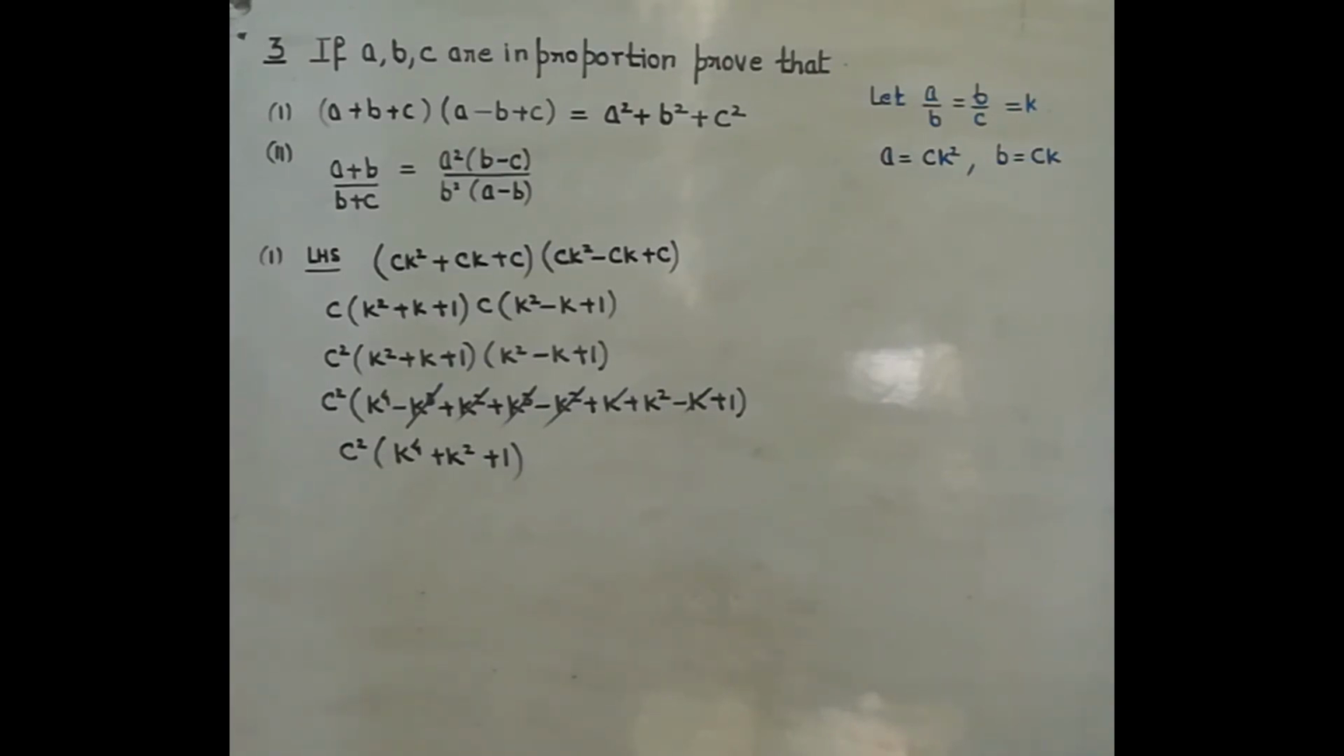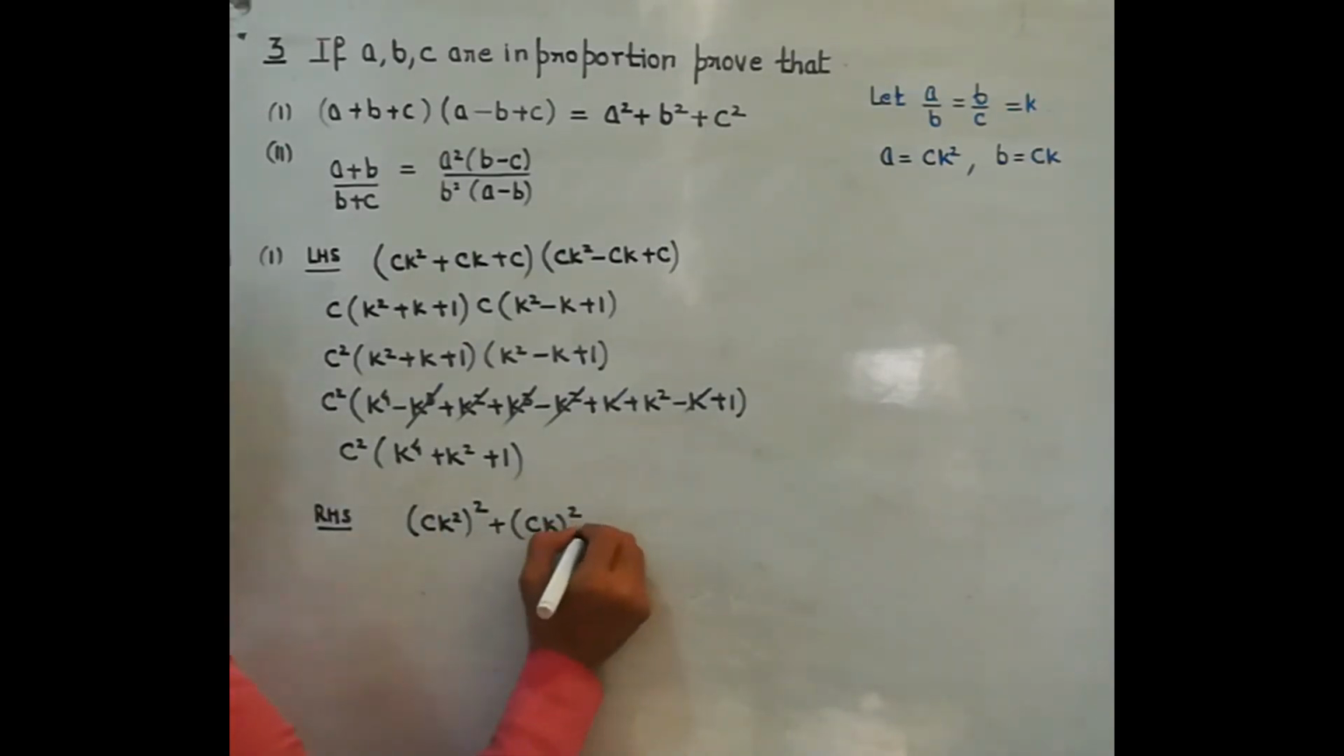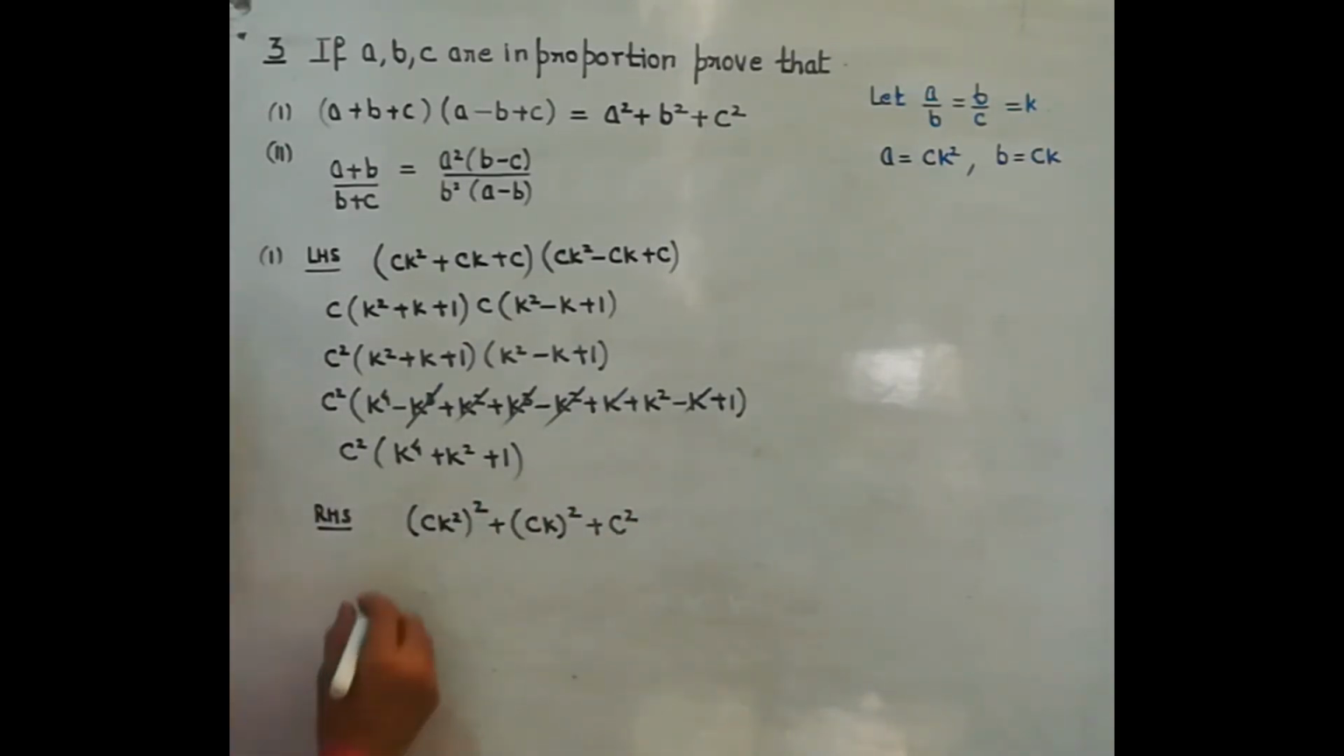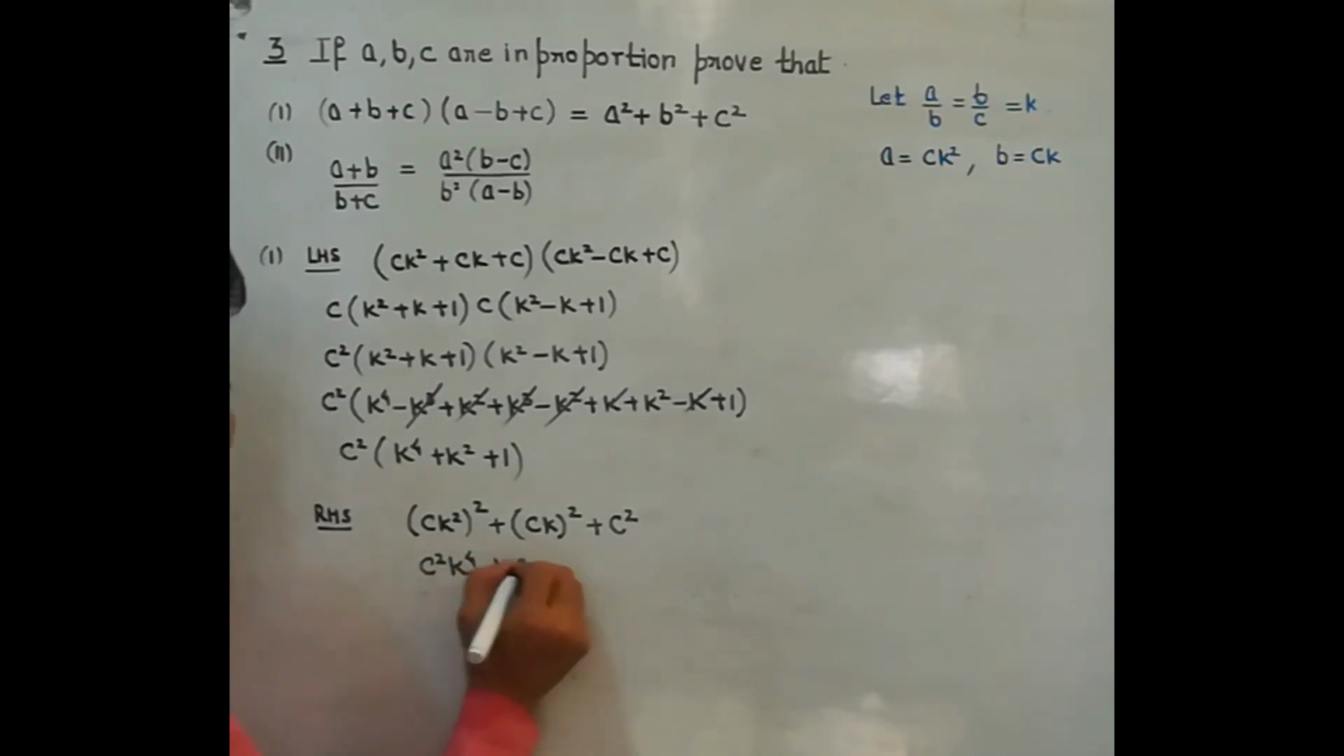Now we will get the result for right hand side. So let's see what will be the result for right hand side. On the right hand side we have A square, so that will be replaced with Ck square, whole square. Then B will be replaced by Ck, and then we have whole square plus C square. So when you square it, you are getting C square k raised to the power of 4, C square k square,